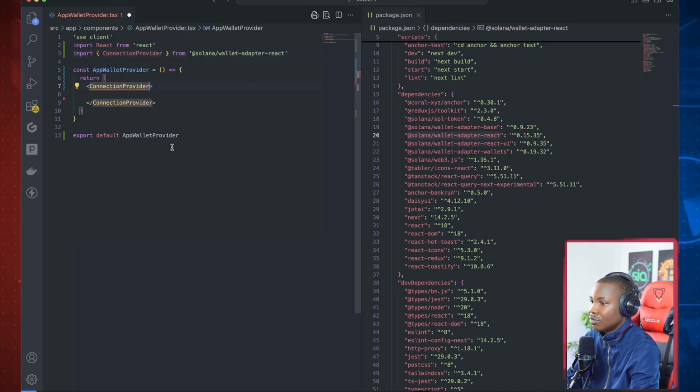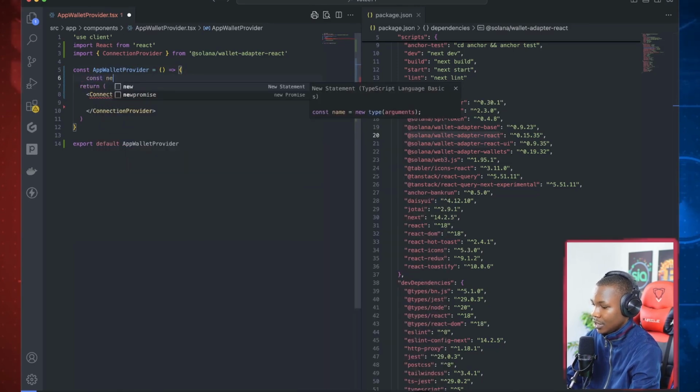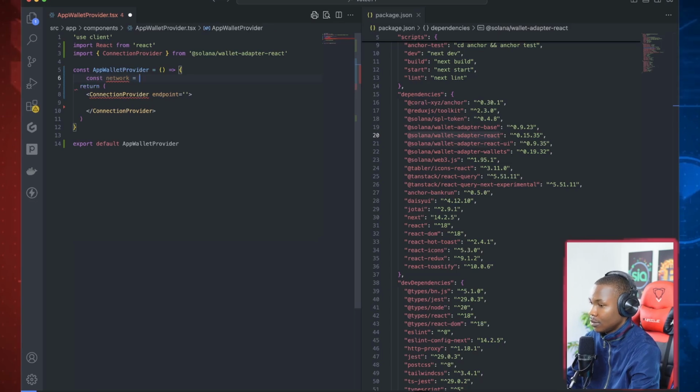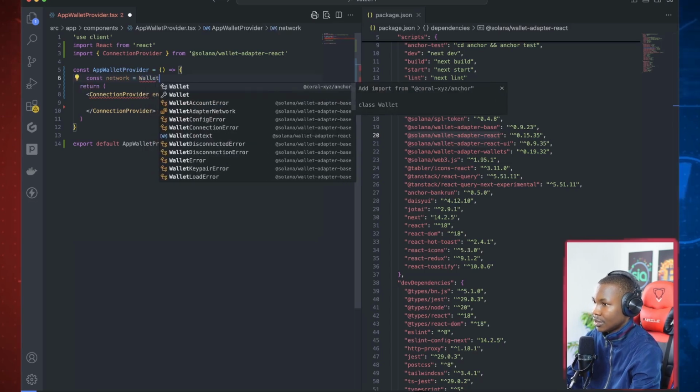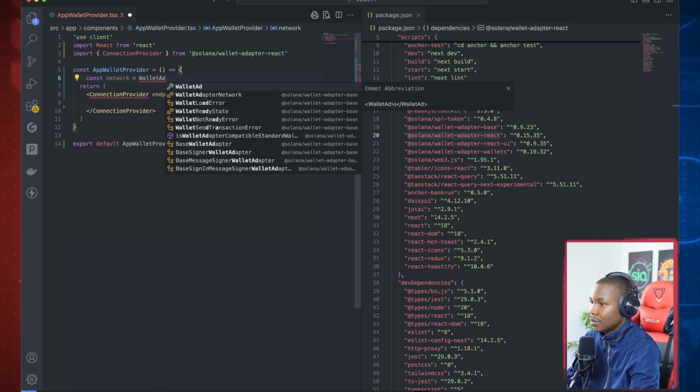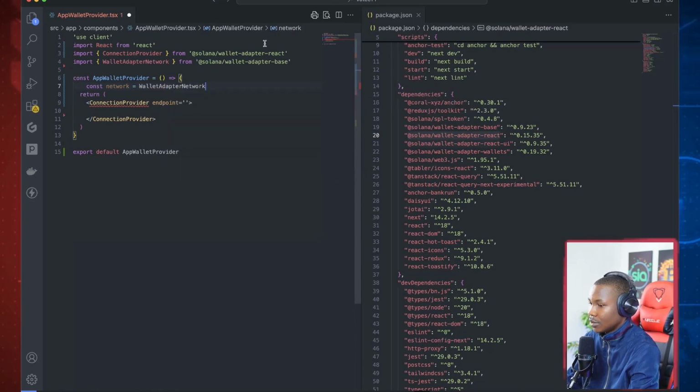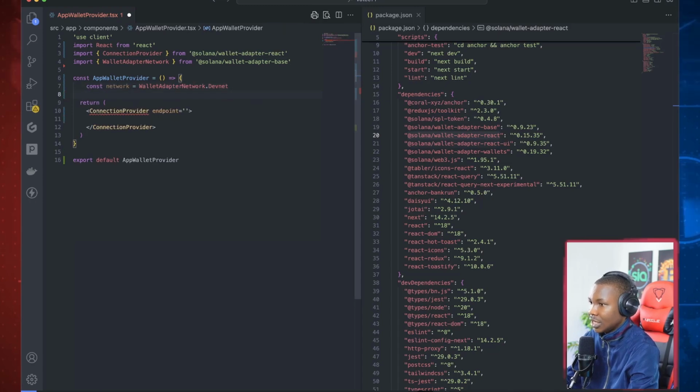This connection provider takes in an endpoint. Okay, this endpoint, we can get it by saying const network is equal to call on this thing called wallet adapter network. So it's coming from this base. All right, and then you call dot, you can say devnet. It will not matter much, and then you say const endpoint